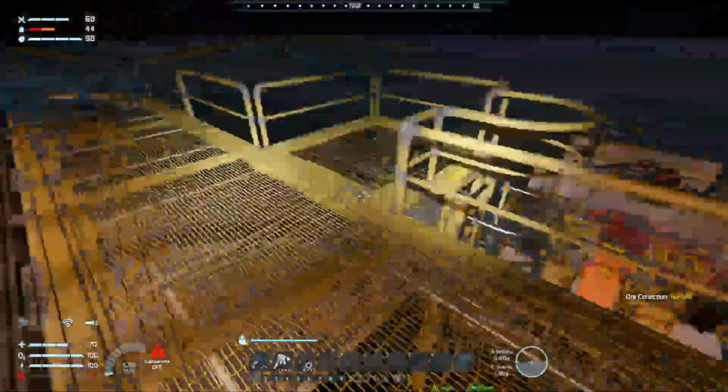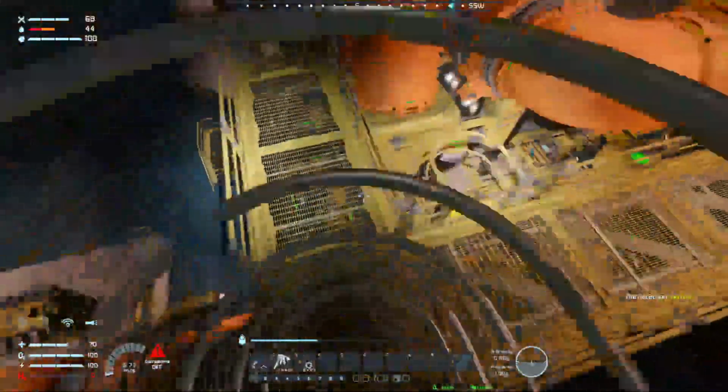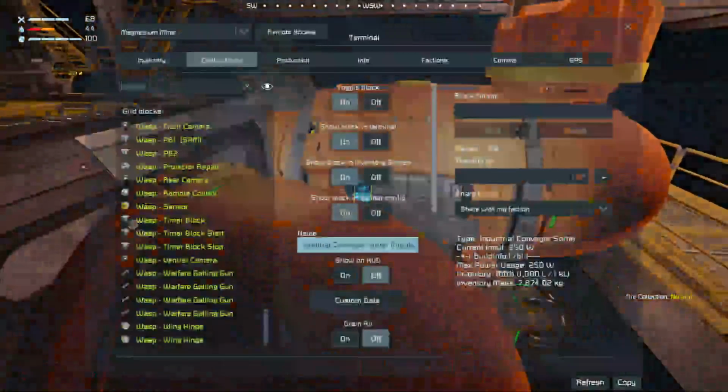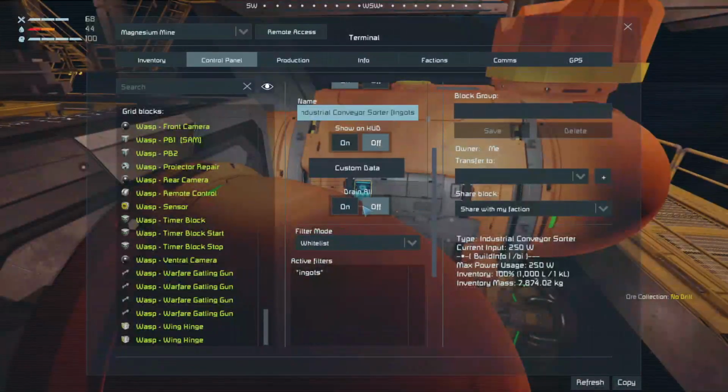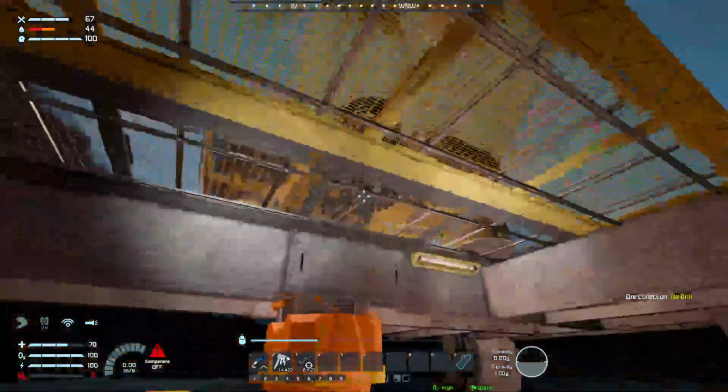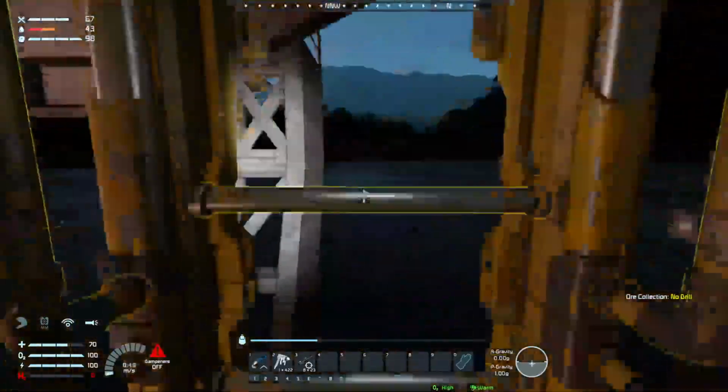Apparently I was making this much harder than it needs to be, so thank you guys in the comments who told me the actual answer. All I've got to do is take the sorter and turn drain all to on. And now everything that the sorter pulls, it should automatically push into the ship. So now I wonder if I can turn off the collect all setting on...